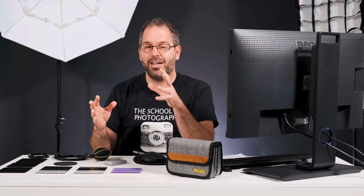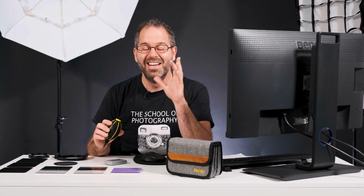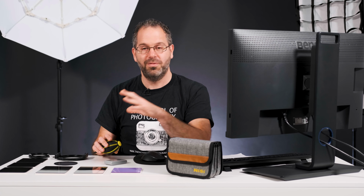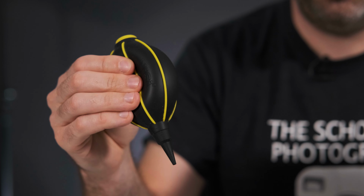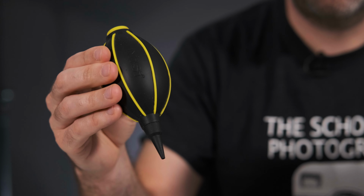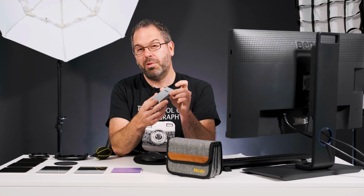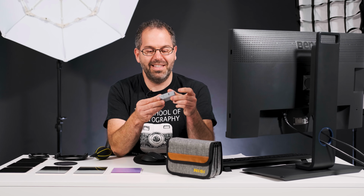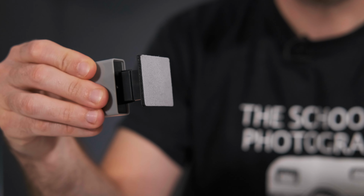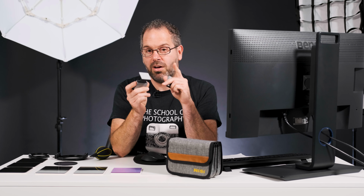The first thing that I want to talk about actually is just the accessories that it comes with, right? Now I know this is silly and I know that you want me to jump straight into the filters, but I'm telling you, these are lovely little touches. This is one of the best blower brushes that I've ever used and I'm so glad that I've got that now. And this little thing that I probably took a bit of a mickey out of when I was outside, this is actually really handy. I can't remember what they call it, a special filter cleaner or whatever they call it, but it's a bloody brilliant piece of kit,